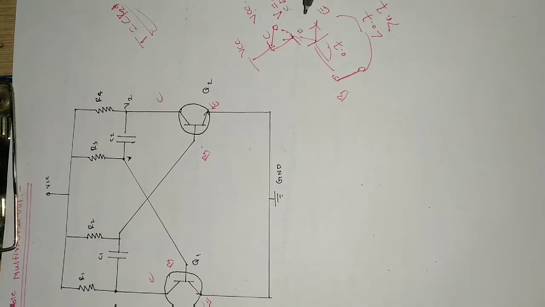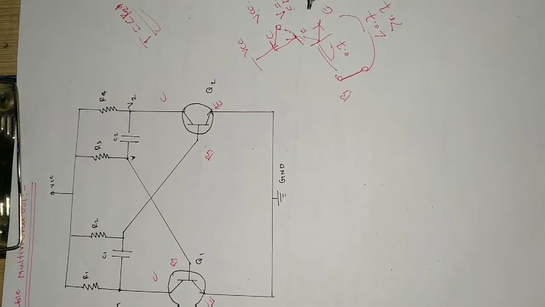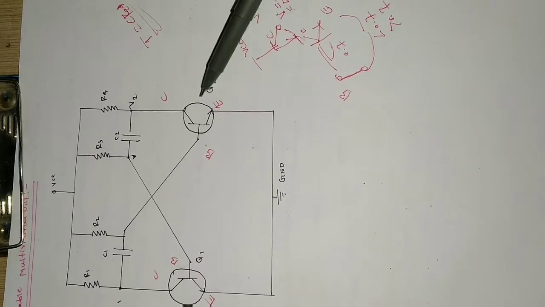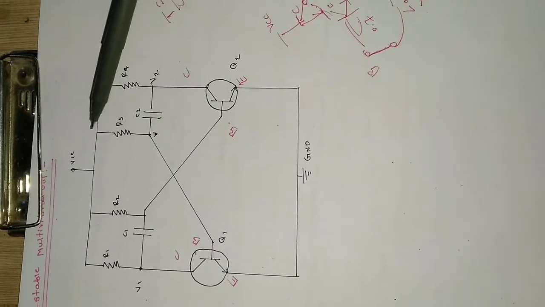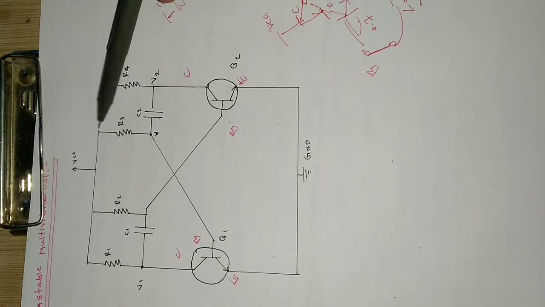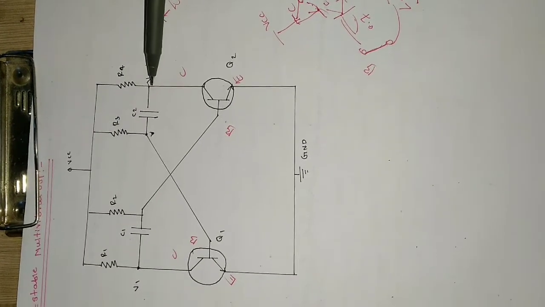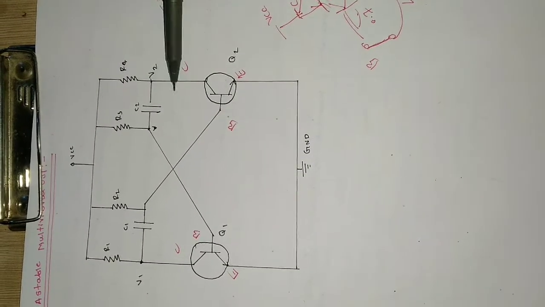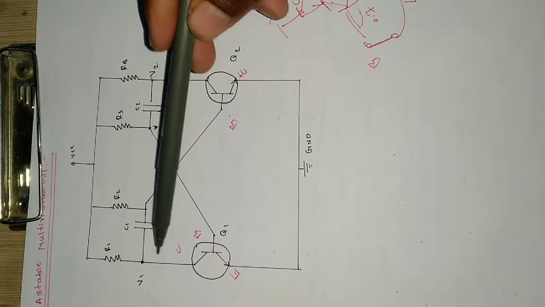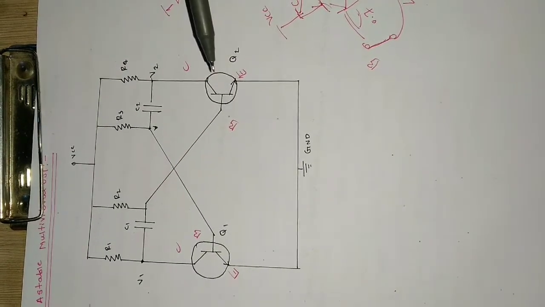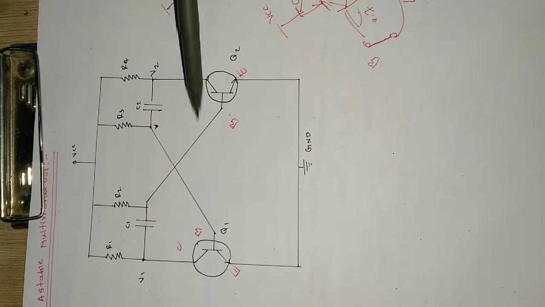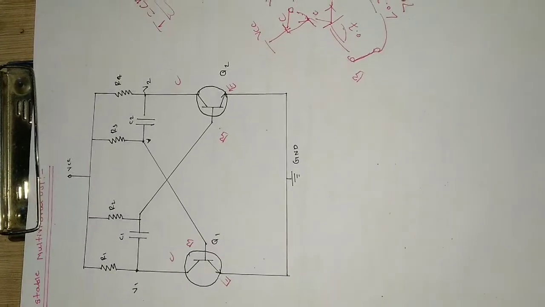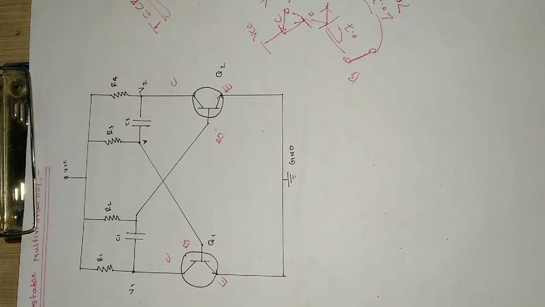That means when it is conducting it is like a short circuit, and when it is not conducting it is like an open circuit. So this same concept is used here. Let us say VCC is applied here. The collector of the second transistor is connected to the base of the first, and the collector of the first transistor is also connected to the base of the second. That indicates cross coupling. You can see collector is connected to base, and here also collector is connected to base. That is called cross coupling, and it is needed to get the feedback control.